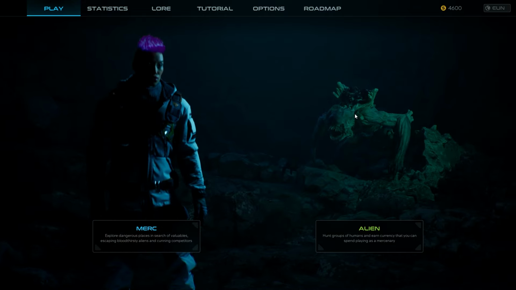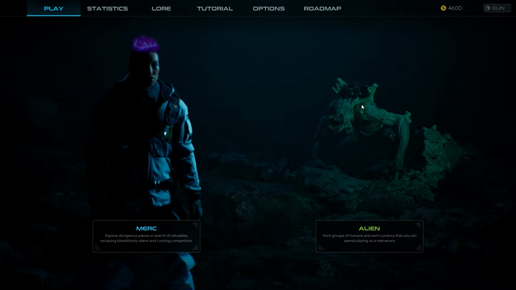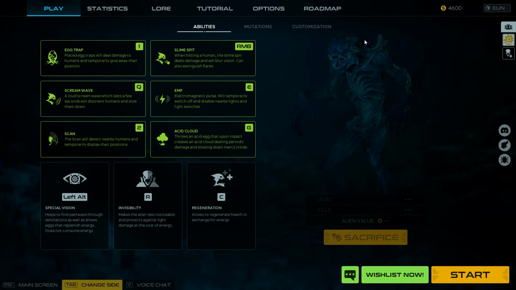Now, however, we're going to jump onto the aliens. It says here, hunt groups of humans and earn currency that you can spend playing as a mercenary. They've got some weird growths on their back. They have this strange humanoid shape, but it looks like they do run on all fours, which is kind of crazy. The customization tab for them is not available just yet, and the mutation tab is also not available, but